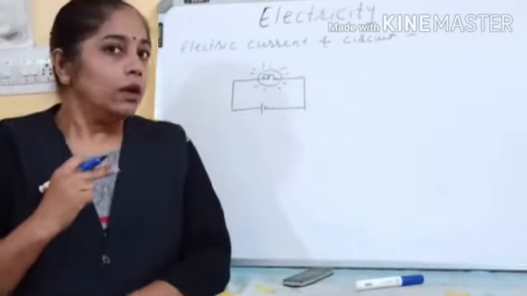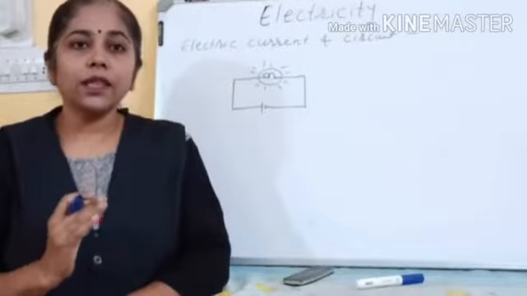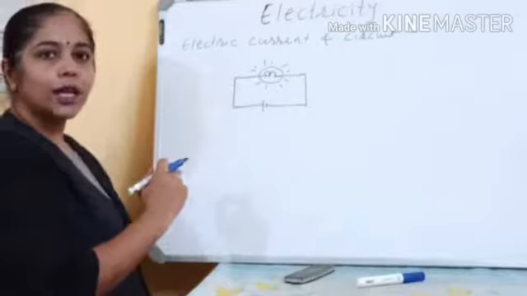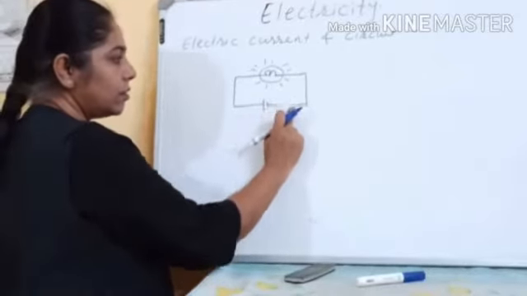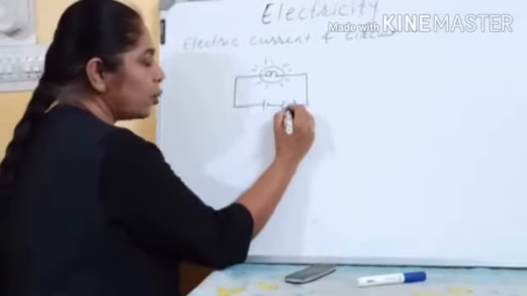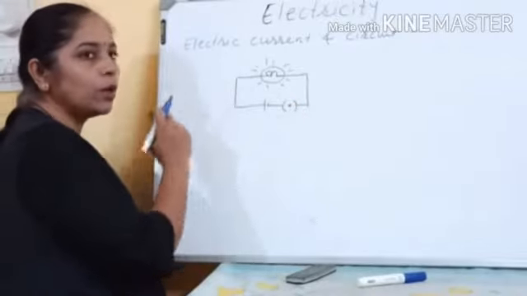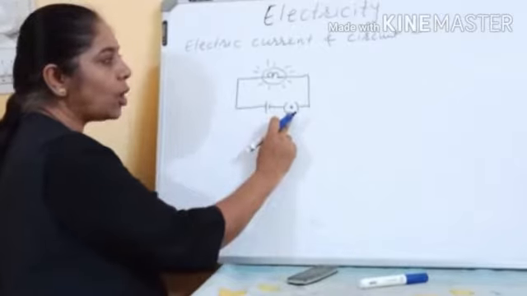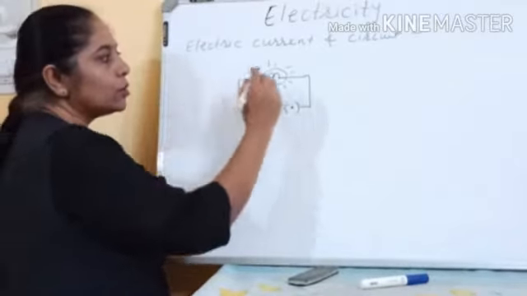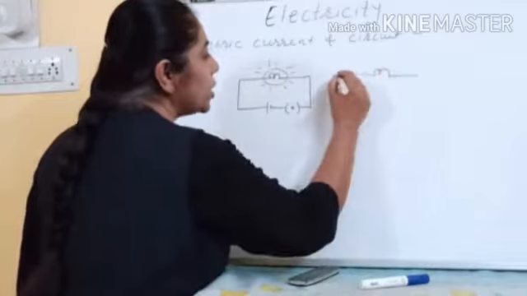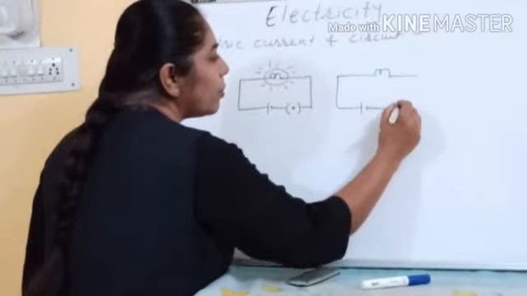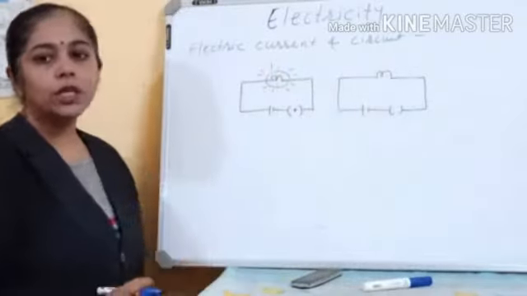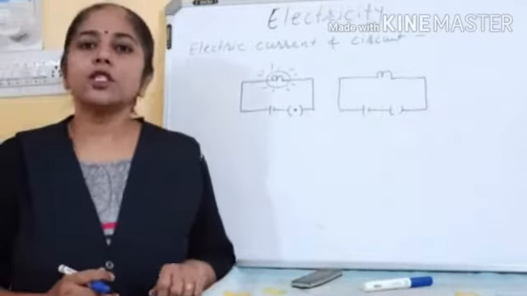Now you have seen that in the torch there is a switch. When you switch on that plug or switch, then the bulb glows. So this is the symbol of a closed switch. When the switch is on, at that time the bulb glows. But when the switch is off, then your bulb will not glow. So what is this switch?